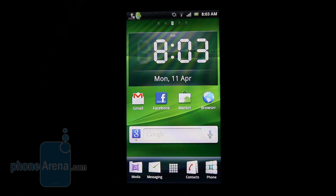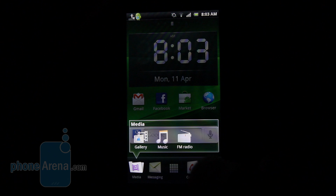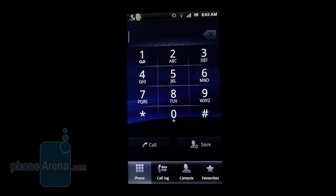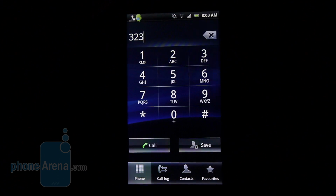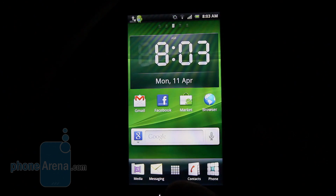In addition to that, your home screen is comprised of 5 shortcuts at the bottom. These include media, which have gallery, music and FM radio, messaging, your app drawer, contacts, and your dialer. The dialer is pretty standard. However, for example, if you were to type in a numeric name, it wouldn't bring the name up like the HTC dialer would. However, it's pretty standard and extremely usable nonetheless, with clear buttons that are easy to press and